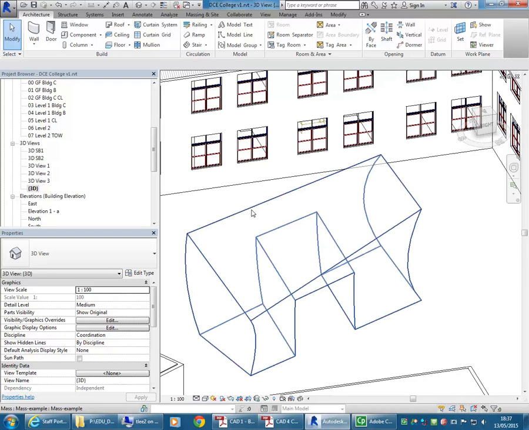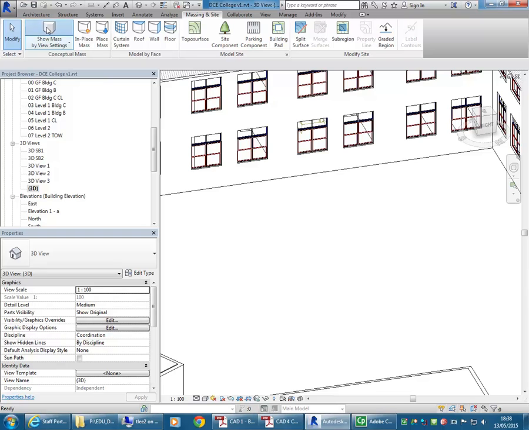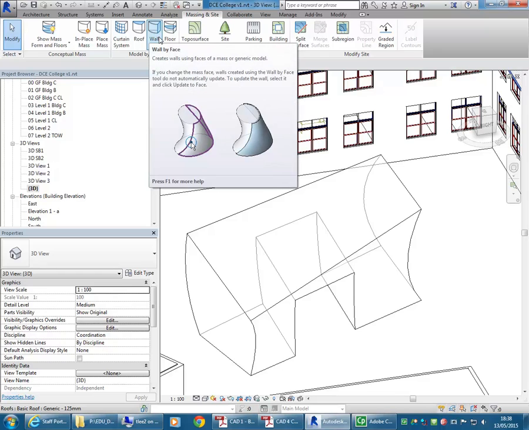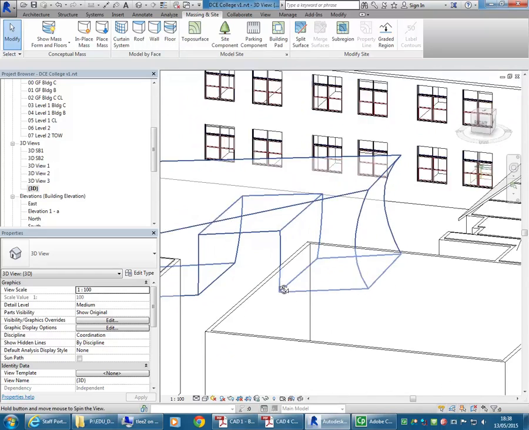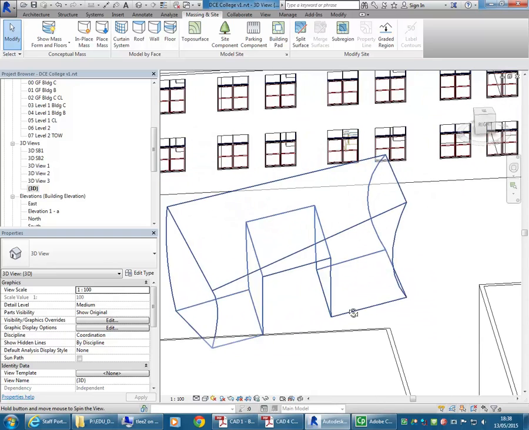So here, this object is obviously visible, but if you go to the Massing and Site tab, you'll see there's an option there, which is really a toggle button. So that toggles the massing on and off. The reason you have the option to turn it off is because it's not really meant for physical objects. It's meant to be there for things like envelopes and massing studies, and then you clad it with the physical objects like floors or walls or roofs, which are the things you see in the end. So that could be a building